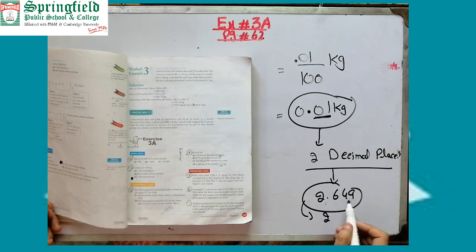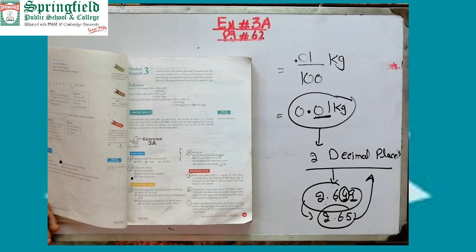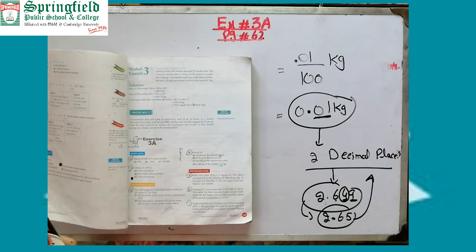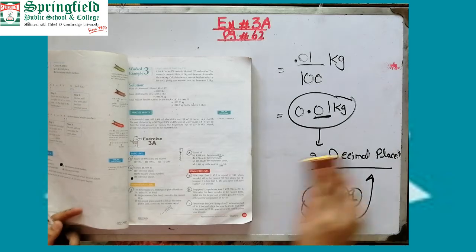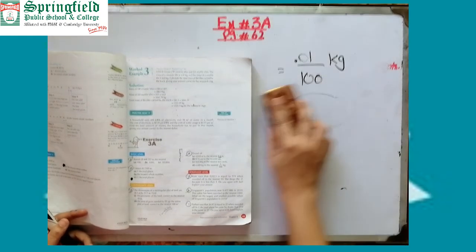So how can we convert? We will see the second digit, because they are saying 2, it means 1, 2. We will stop here and circle this digit, then underline the next digit, and that digit is greater than 5, so the circled digit will become 5. So 2.65, and we stop here. This number is at 2 decimal places, because after the point there are just 2 digits. Understood, beta? Now according to this example and explanation, do this question by yourself in your notebook.